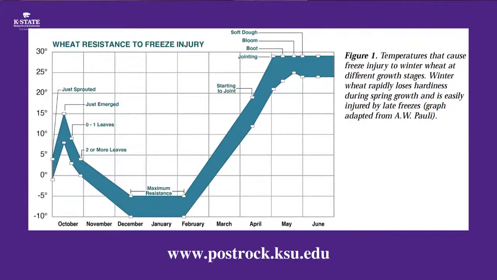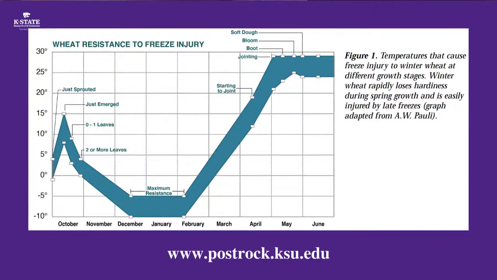Then we're coming up to April and May at the top, where it says jointing and then boot and then bloom and then soft dough. So as you can see, jointing is where we are right now, at the top of the chart on the right-hand side. It's anywhere from 25 to 30 degrees that it can go down to before you're going to get any